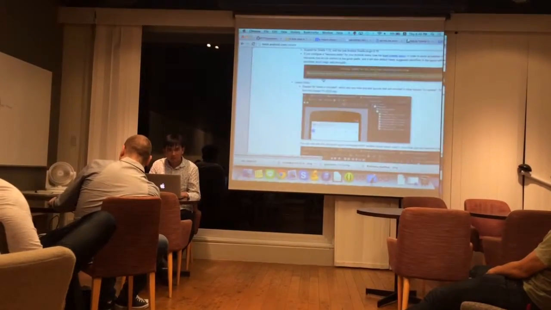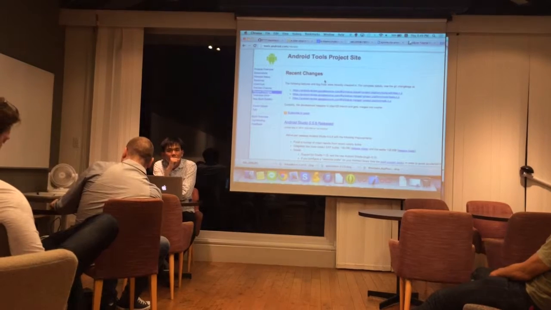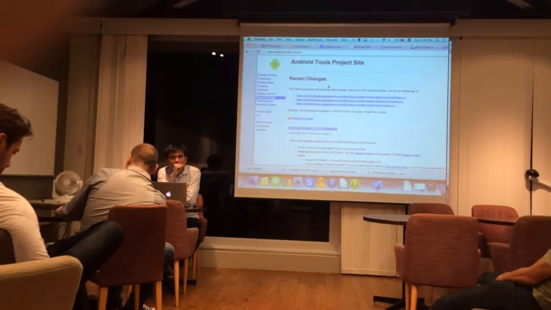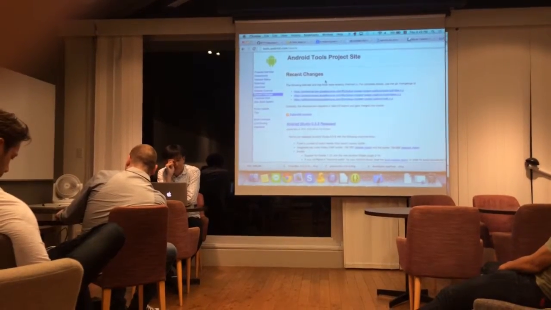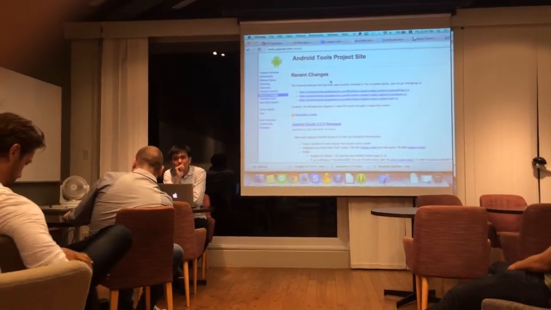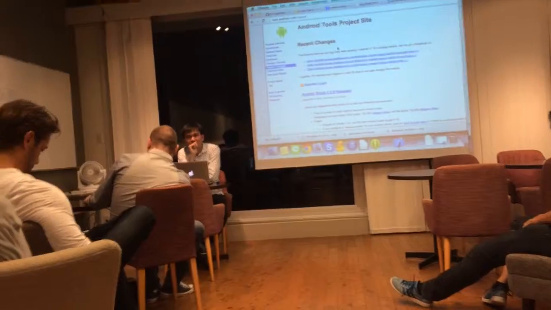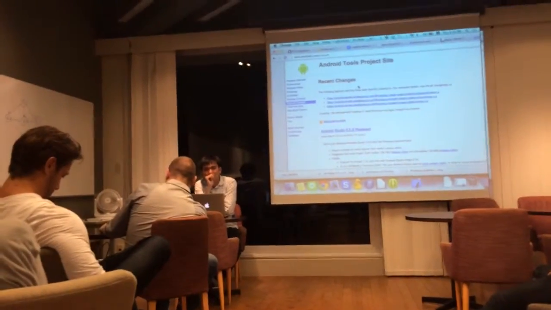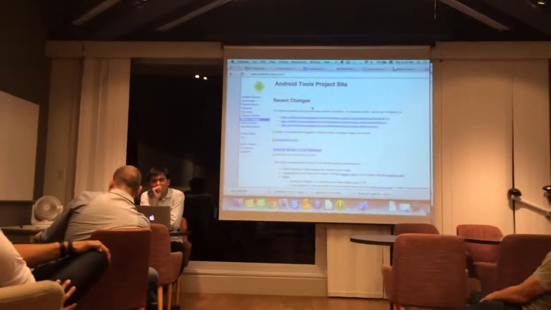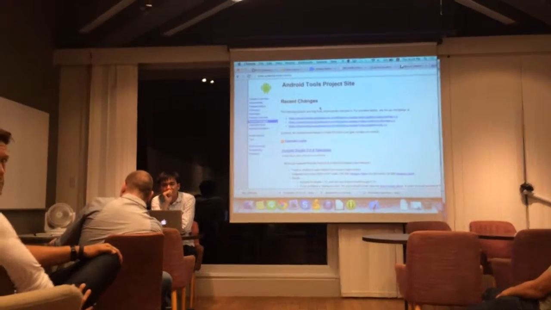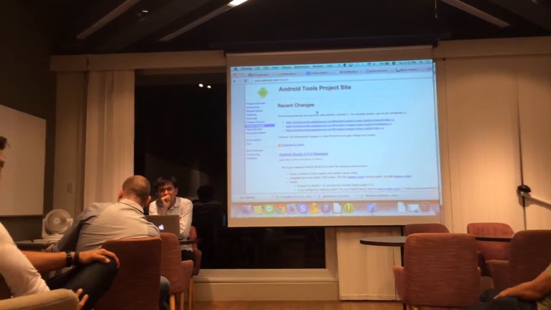In terms of the build system, another thing is the default build system is Ant, which is pretty simple, and if you don't want to do anything really special with it, it just works. But if you want to tweak it and change how you build stuff, then it becomes really complicated, and that's when people